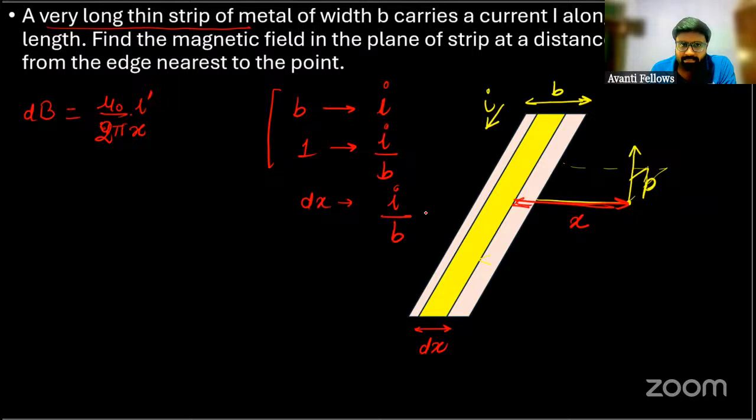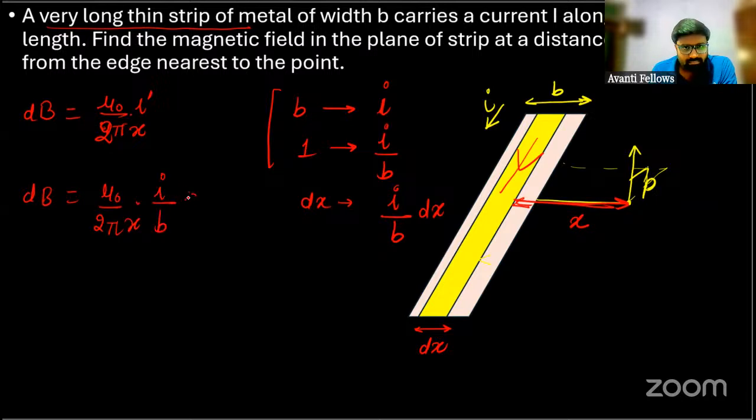It will be I by B into dx. Just multiply it. So you have to put it here. So dB is equal to, this is the value of I dash. I dash is the current in this width. ठीक है. So mu naught upon 2 pi x into I by B